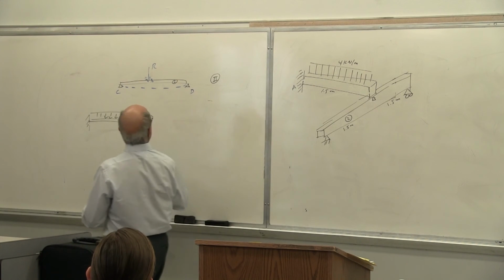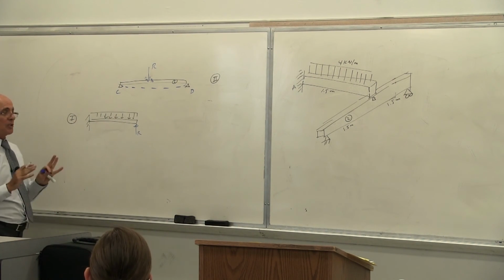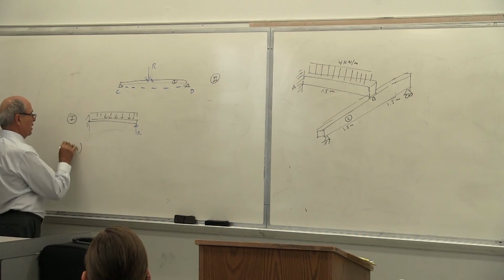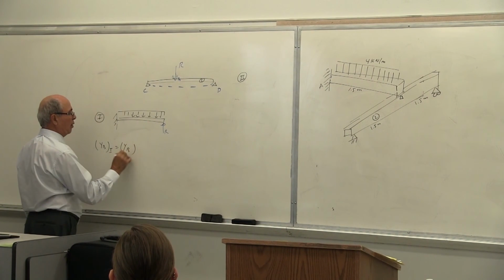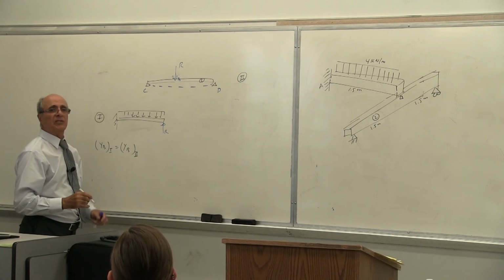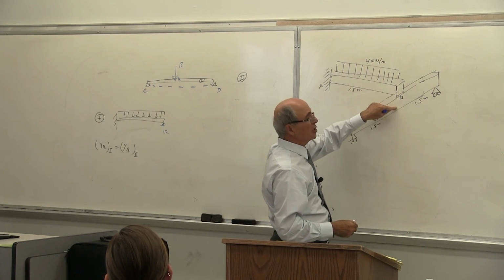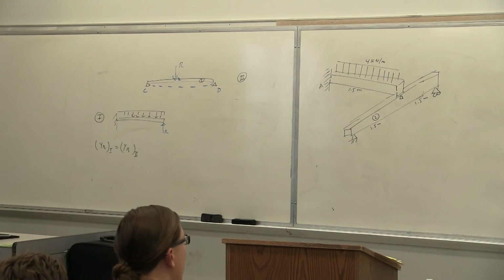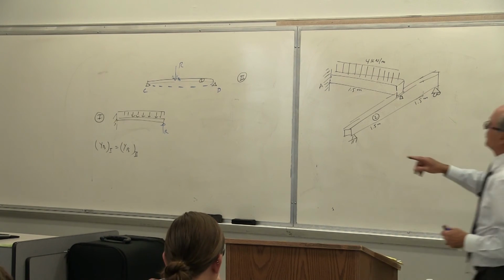So you have to write, this is system 2, this is system 1. Is that correct or not? This is the key. You draw it like that, then you say YB of system 1, which is this one, must be equal to YB of system 2 in the same magnitude. In other words, if this one goes down quarter of an inch, this one must be going down quarter of it. Yes, everybody agree on that? Yes? However, this one is very simple to calculate.